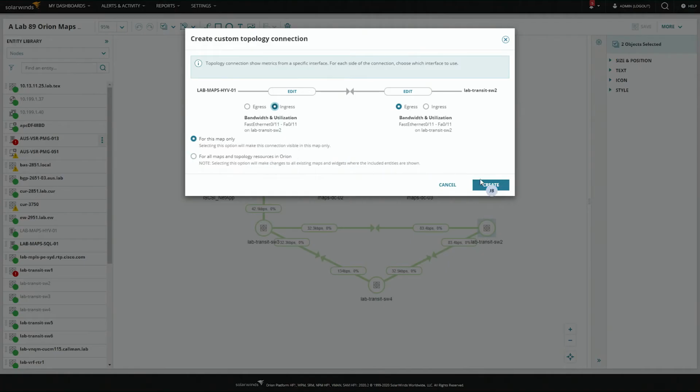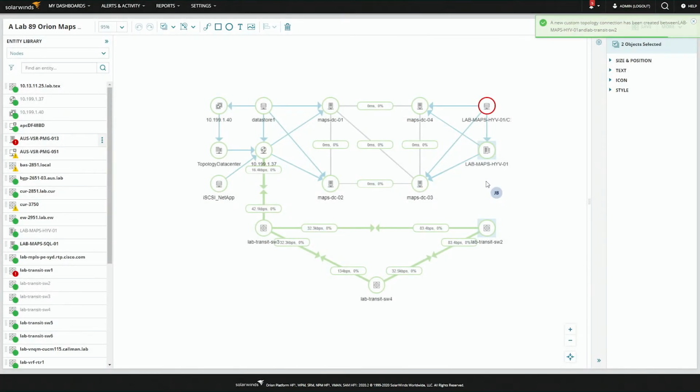Exactly. And you're right. When I choose this for all of Orion, it shows up in the NPM topology widget right along the rest of the topology connections that were discovered too. So, it makes sense for a user. And that way, like you said, if I go build another map or somebody's looking in the contextual maps that are in the static subviews on a node details page, that connection shows up, right? So it's a real cool way to allow you to use a design tool and a mapping tool to define topology in the product. All right, so we'll click create here, and then we'll move on to some of the